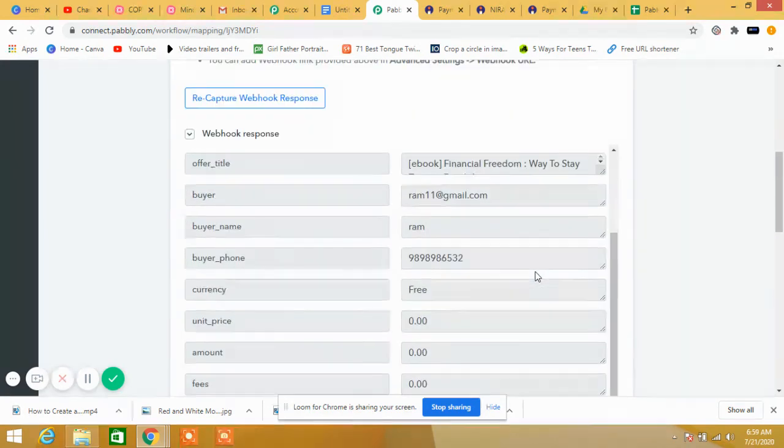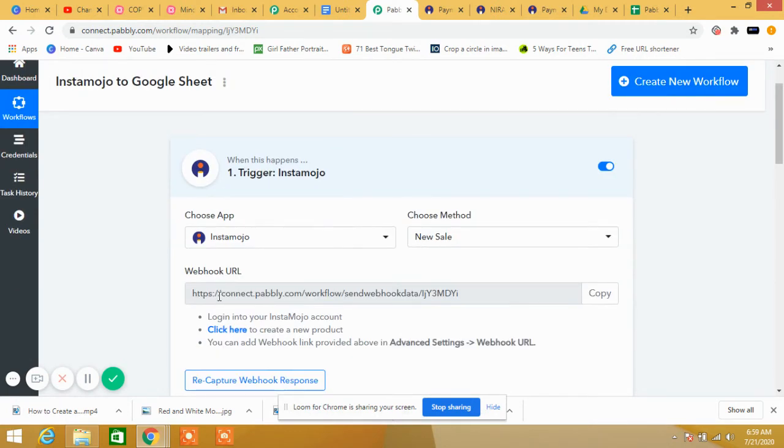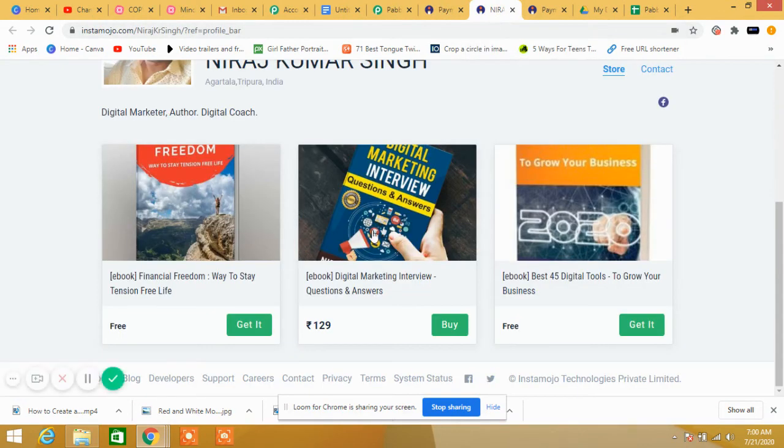Okay, so let me show you once again. Whatever purchase happened on InstaMojo, you want that data in Google Sheet. So for that, you have to take the webhook and paste it inside the InstaMojo product.